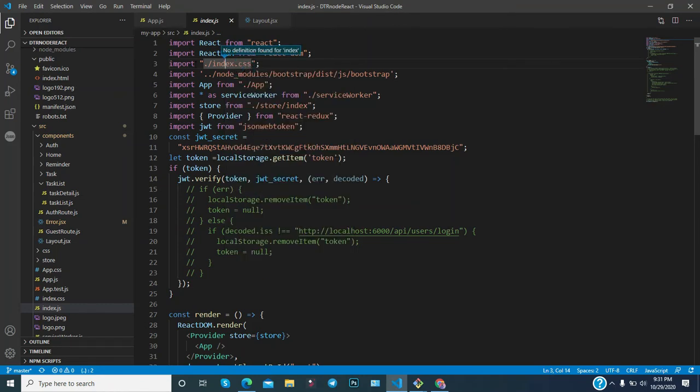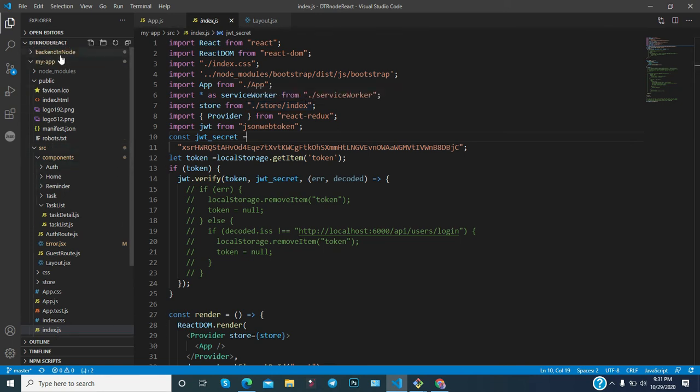Let's see what is there. Maybe here it is imported. So in this way you import it first. Make sure that you import Bootstrap, then it will work. It is very simple. If you install Bootstrap with the npm command, then it will go to the node_modules folder. You can go to node_modules, bootstrap, dist, and maybe css to get the CSS file and import it in this way. So this is very simple.